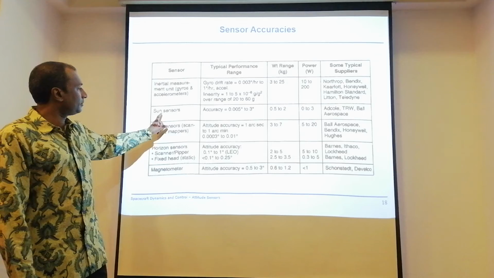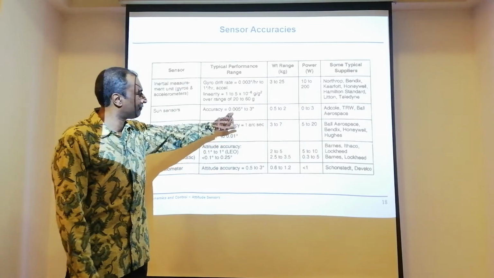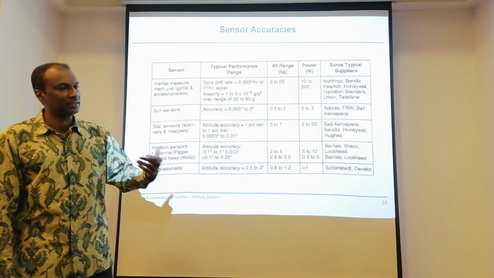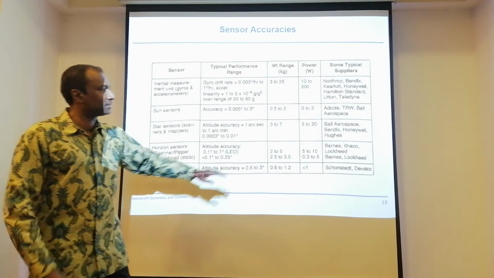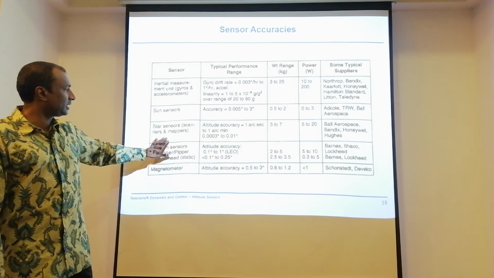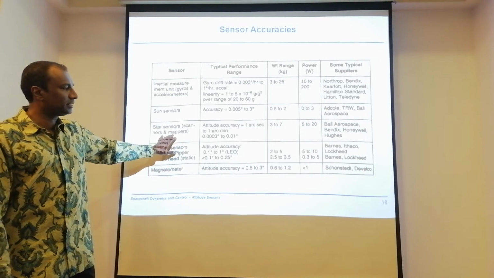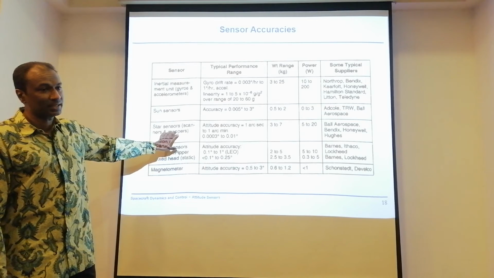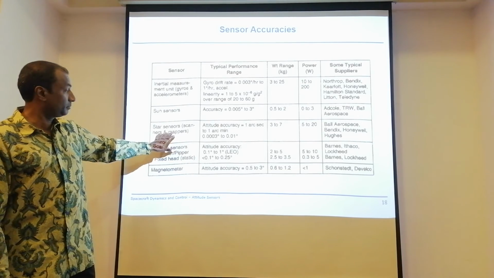Sun sensors, please do understand sun sensors. If it gives you a very fine accuracy, we are calling it not a coarse but a fine sun sensor. A fine sun sensor can give you a very good attitude accuracy as well, but it doesn't come cheap. There is a good amount of mass in there. Star sensor, as I've said, very good accuracy, extremely expensive. If budget is a concern, then the star sensor may be the last option that you want to pick, because it can go to about 100,000 US dollars per system.